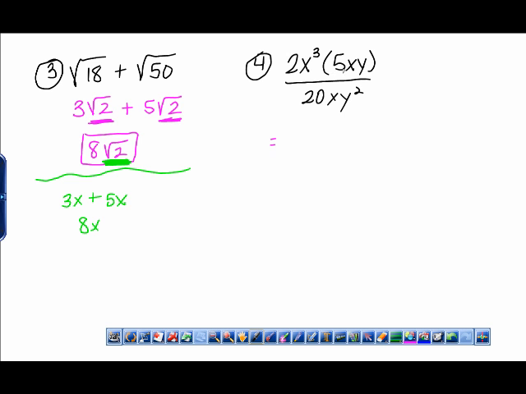All right, so this is multiplication right here, so I'm going to go 2 times 5, and that's 10. And if there had been an exponent up here, I would have had to deal with that first before I multiplied. Still following PEMDAS. All right, x cubed times another x, that's x to the 4th, and then a y. Okay, divided by 20xy